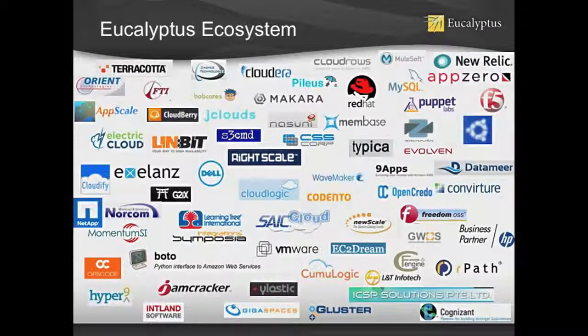That is a subset of the 140 partners Eucalyptus has today. These are companies, projects, people who are generating software, systems integrators, consulting firms, a whole ecosystem, in addition to those free images, that have signed up to work with Eucalyptus. There's a lot of other people who work with Eucalyptus without talking to us. RightScale, of course, being the most central of those who have signed up. But we have, through the AWS compatibility, a vast ecosystem of tools and of other services that are available with Eucalyptus.